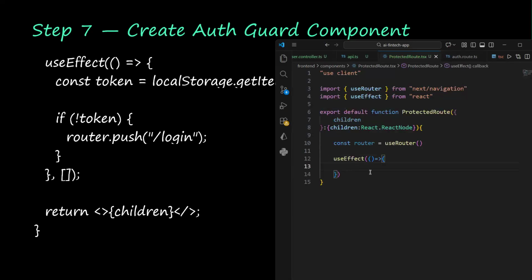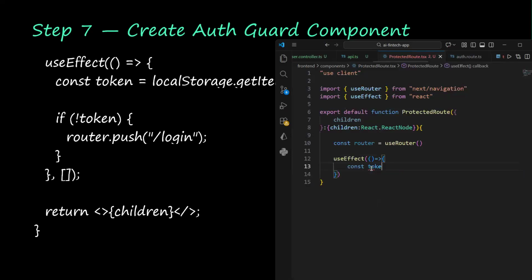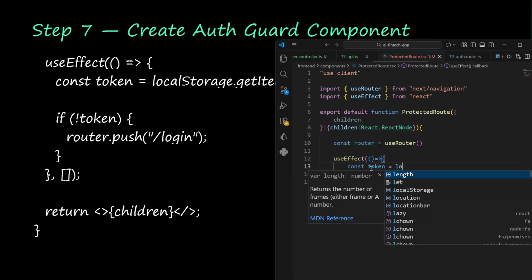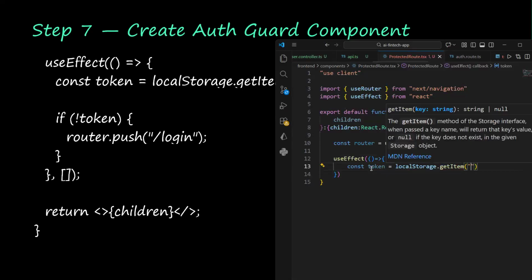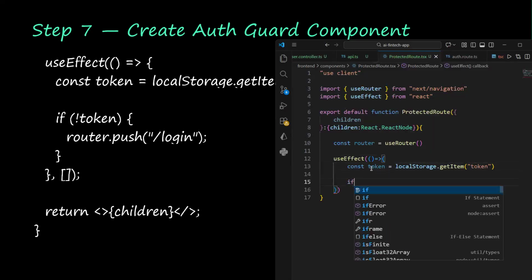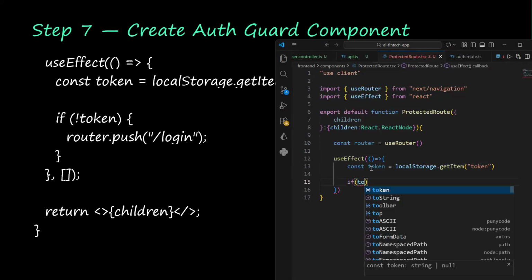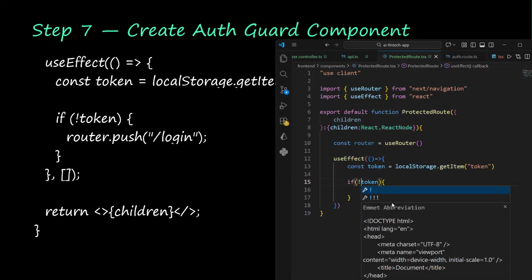So inside of my useEffect, I'm going to fetch the token from the local storage. Remember, whenever we do login or sign up, we'll save the token in the local storage. So that is what I'm trying to fetch here. So I'll fetch it using the useEffect, and then I will now check if there is a token. If there is no token, then